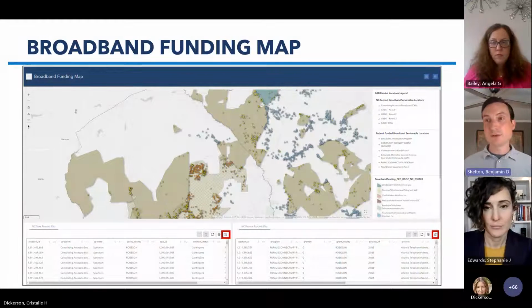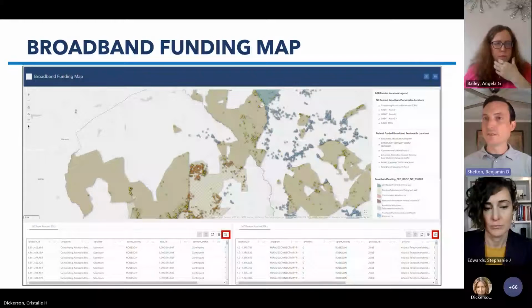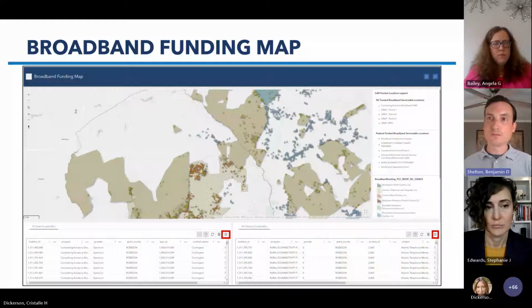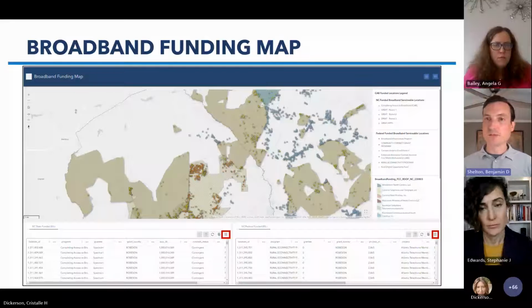We do not have currently right now any local projects. So what we are missing from this map, if there are local funded projects that we do not know about, then we are not currently mapping those. And that's kind of where we're